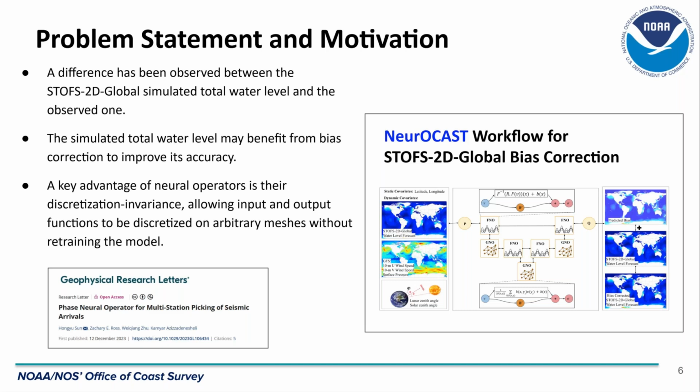So we use this to calculate the bias, then we add the bias to the model output, and it gives us the bias corrected model output. So to give you some ideas,